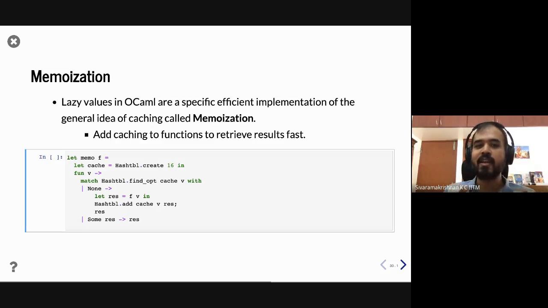Lazy values in OCaml fit in this general idea in programming called memoization. Memoization is a fancy term, but all it stands for is caching, right? So if you have a pure function, because it is a function, it's a mathematical function, you give it some value, it will return some value, right? In mathematics, if you're just looking at the semantics of the function in terms of what it does,